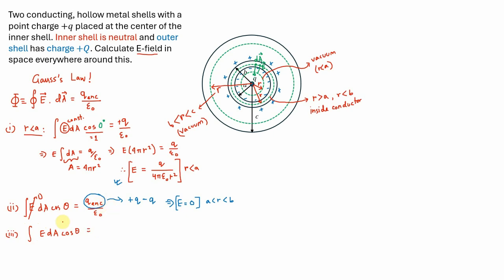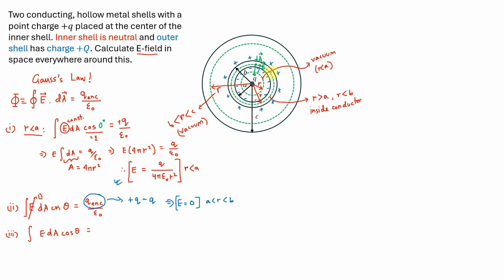So again, we start by writing down Gauss's law. And now, what is Q enclosed? Well, you have positive Q charge in the middle, that is the point charge. The inner wall of the inner shell is negative Q. The outer wall of the inner shell is positive Q, right? So if I were to write down what the Q enclosed is, take a moment to think about what Q